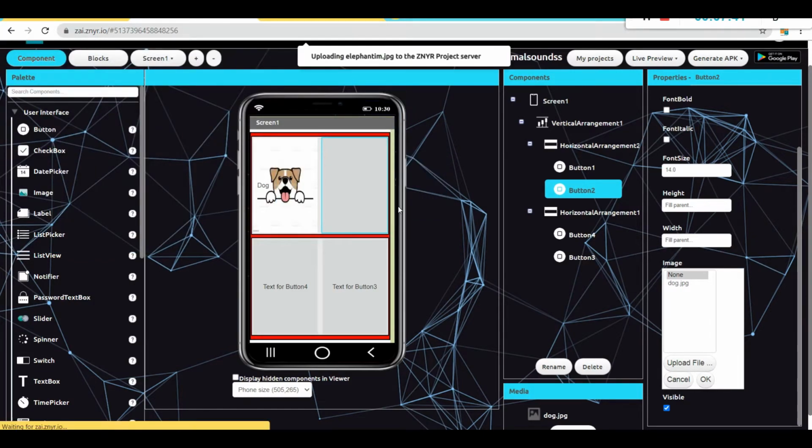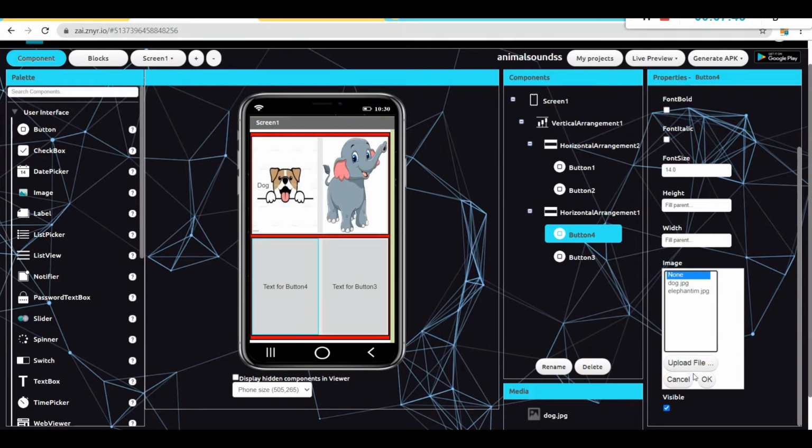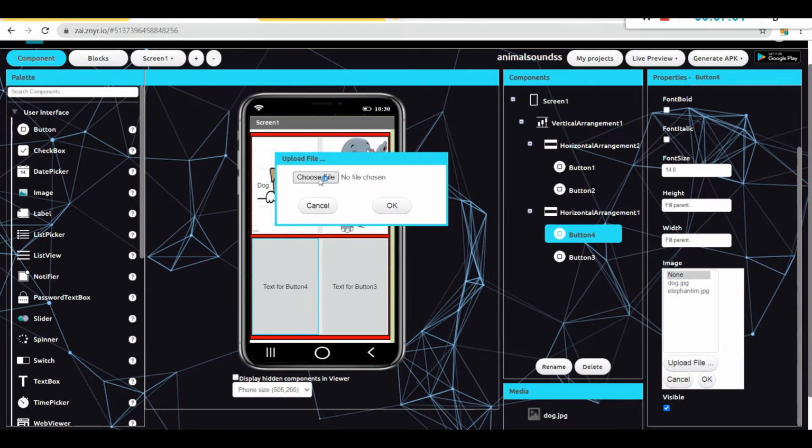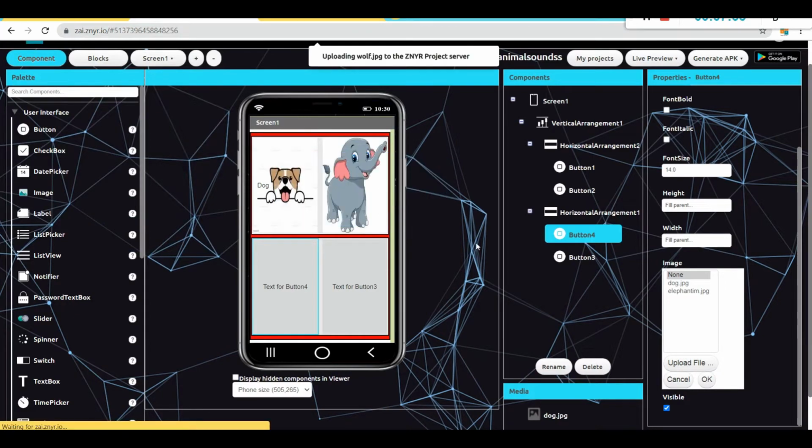I'm clicking OK. I'm going to repeat the process for the remaining 2 buttons. Under property, I'm choosing upload file, choose file, choosing the wolf image and clicking the OK button.